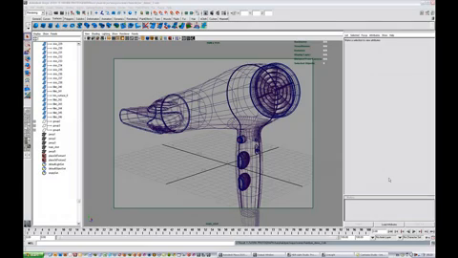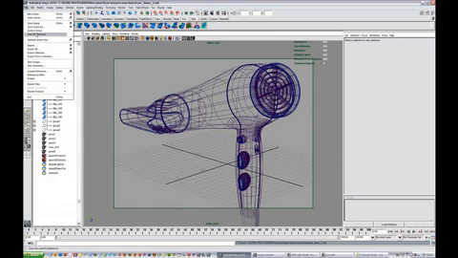Hello, I'm going to take you through the process of using Maya in conjunction with HDR Light Studio 2. We have a hairdryer model already set up in Maya with the mental ray shaders assigned, but there's no lighting in the scene. So what we need to do is export the model and the camera position as an MI file. So I shall export all,